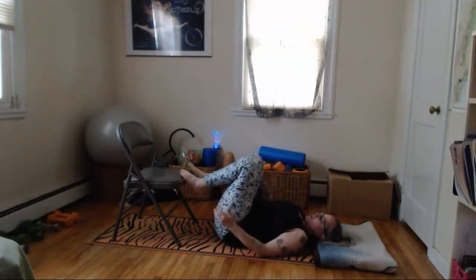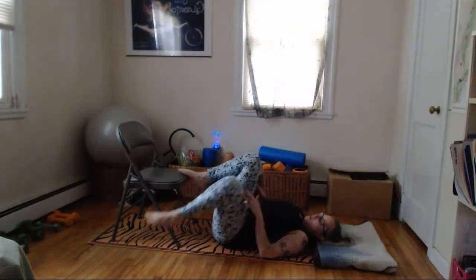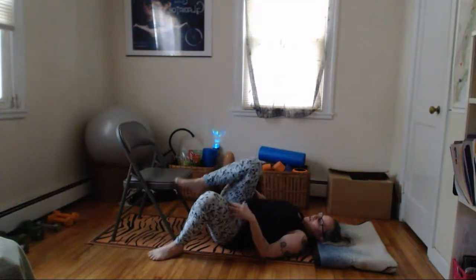Now when we're ready, we're going to slowly be transitioning all the way down into Shavasana, corpse pose, spinal relaxation. So we want to gently transition and move our chair. So a couple different ways that we can do this. One foot at a time can come down to the earth as we roll onto one side. And we might just choose to stay in that side lying position for the remainder of class,